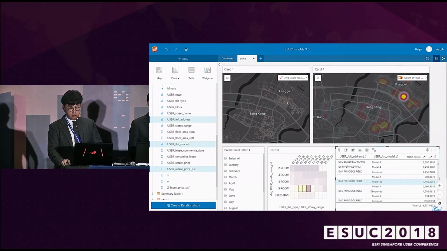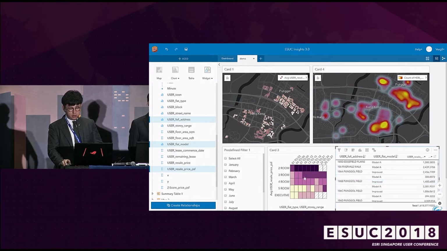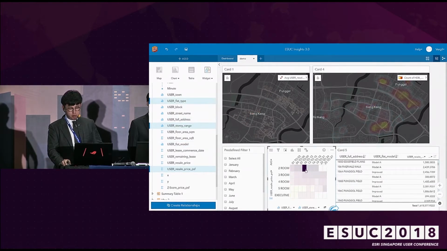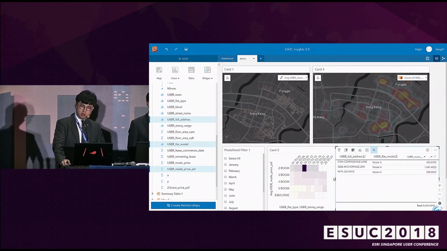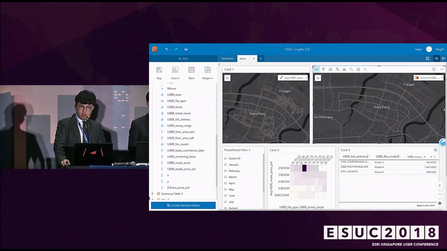It will pick out a unit for you. The same way, if you are selecting the units based on floor level and flat type, you can filter here. Then you turn on cross filter here. Then the list will update for you. So in terms of productivity tool, it's a very great way to do some kind of exploratory market research.